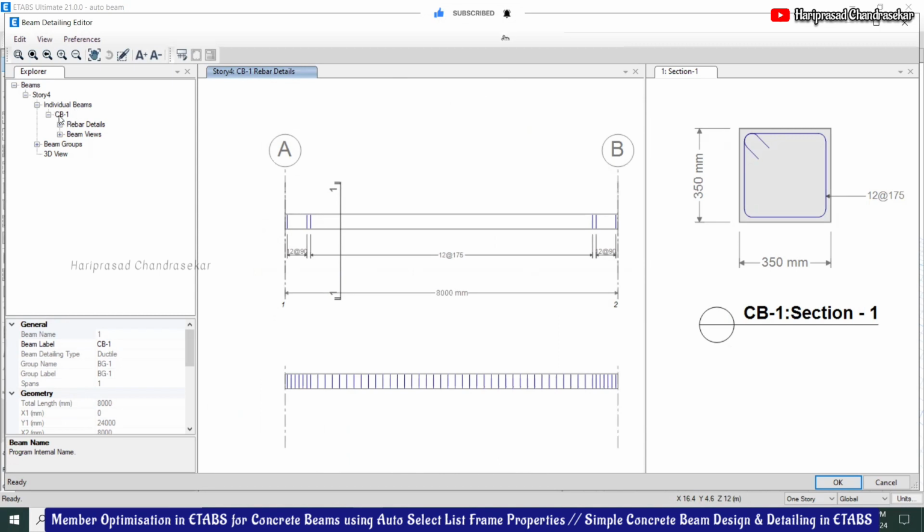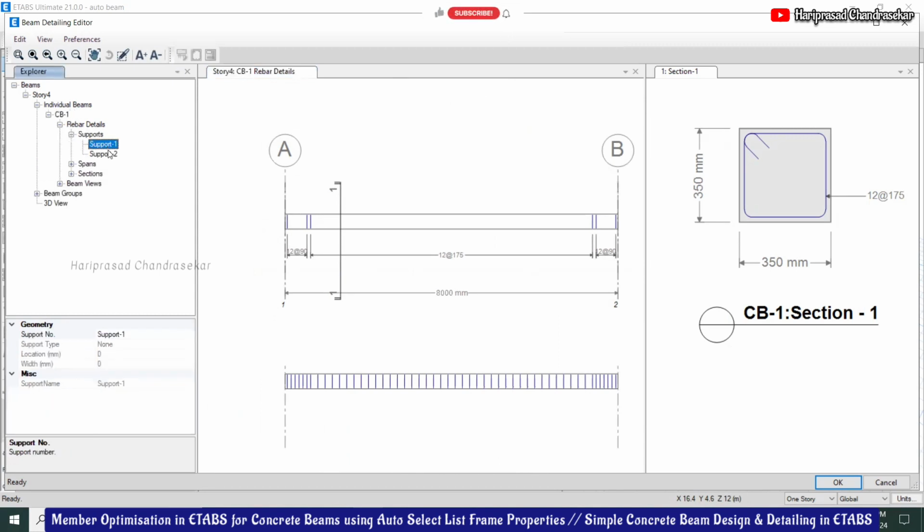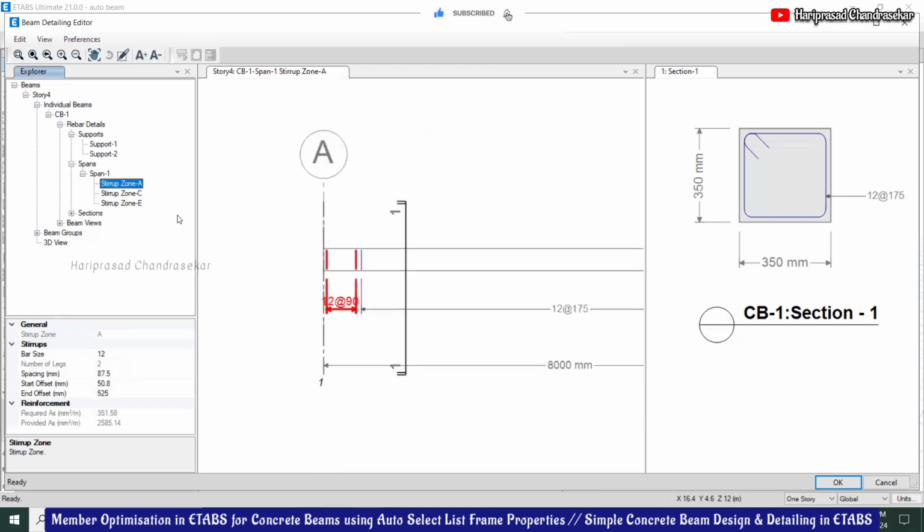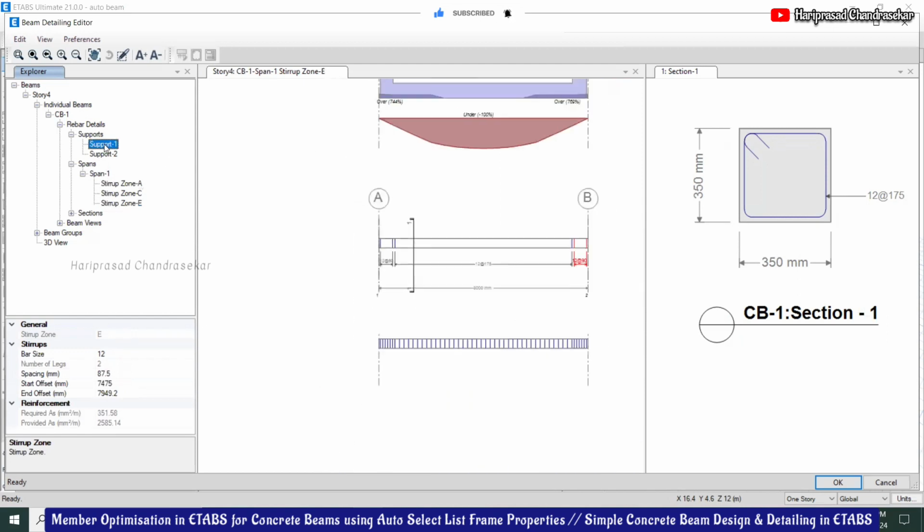So you can see here, this is the CB1 rebar details, and you can see support one, support two. When you click, it is getting highlighted. You can also see the section.